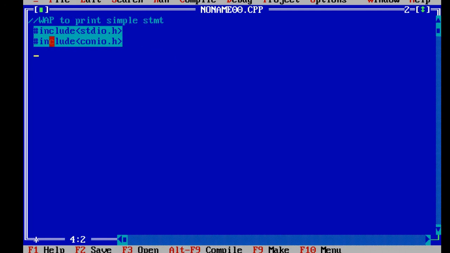Once you type the header file, there are various kinds of header files which I have already told you, such as, suppose you want to do mathematical work, so you require the math.h header file. If you are doing any string related work, you require the string.h header file. If it is graphics related, you require graphics.h, character related ctype.h, and various n number of header files.